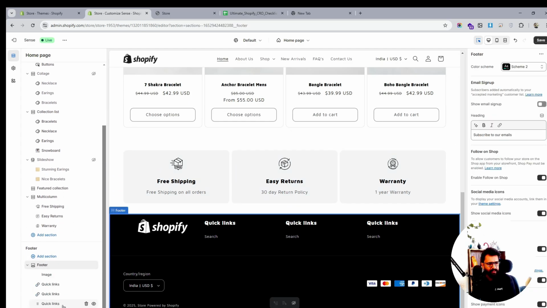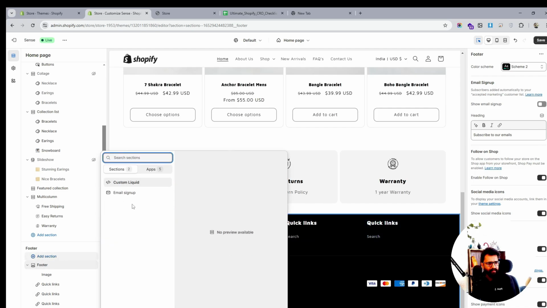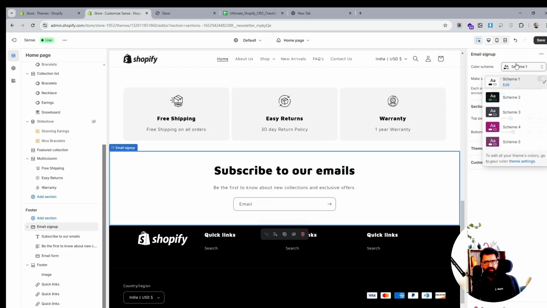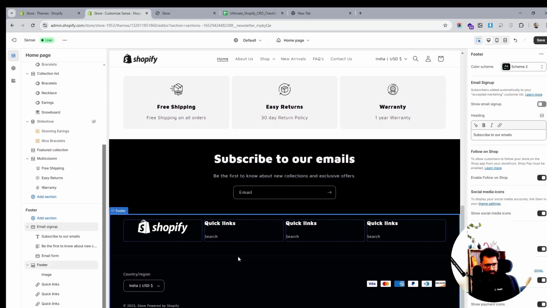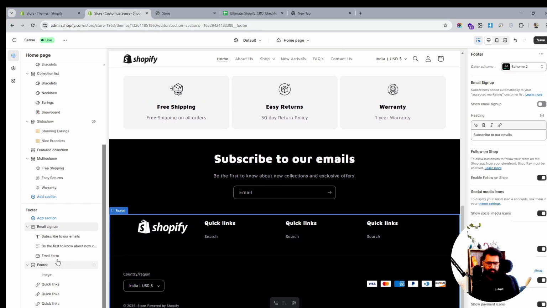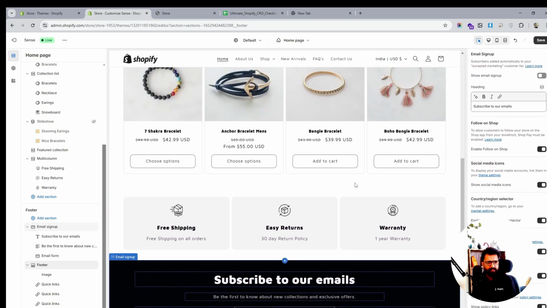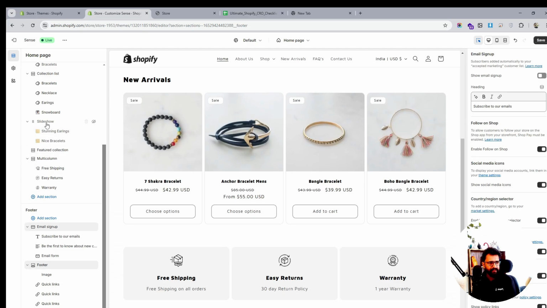So let's add our email sign up over here. And yeah, I'm gonna go with the color scheme which is used over here, this one, so that it's all in the same color. But yeah, it's up to us to use a different configuration,